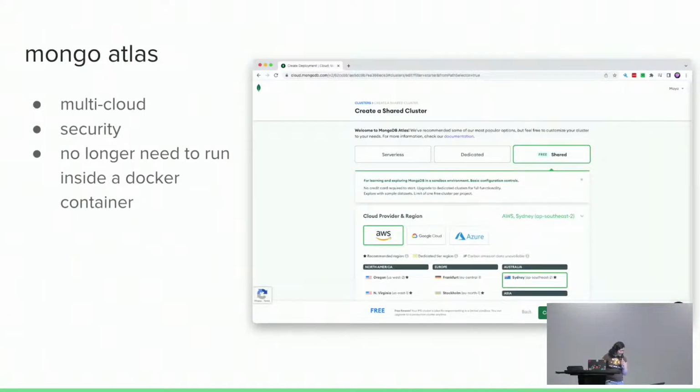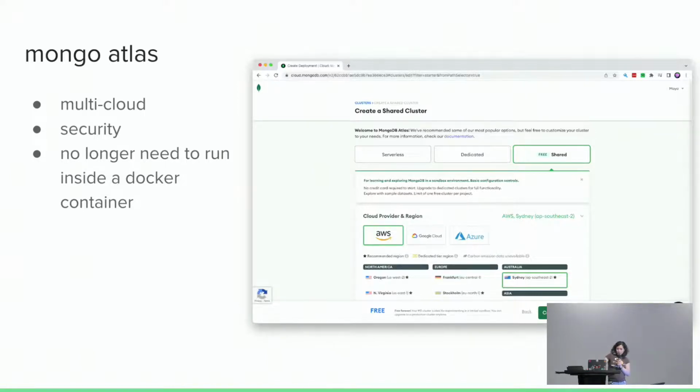Okay, and Mongo Atlas. I so far like Mongo Atlas. It's multi-cloud, so if I move this all back to Azure, then at least I can use it in Azure. I'm not sure if I can migrate what's in AWS there, though. We'll see. Security so far has not been a problem,